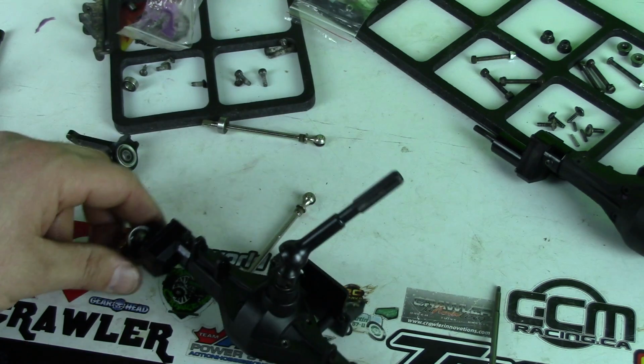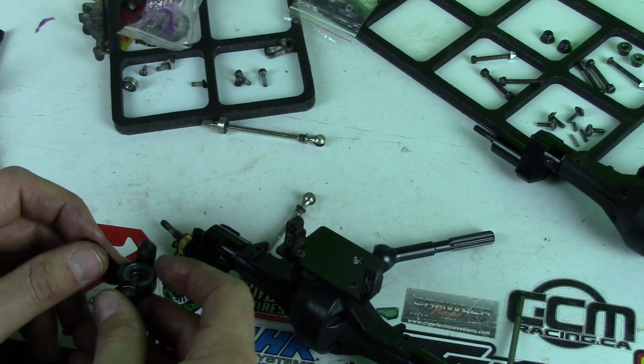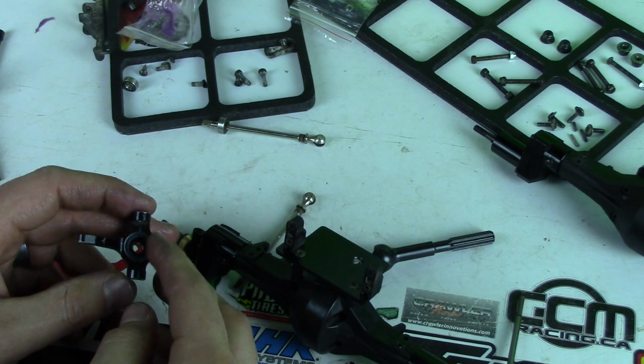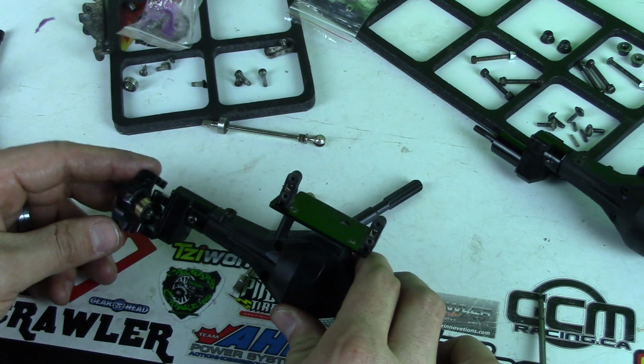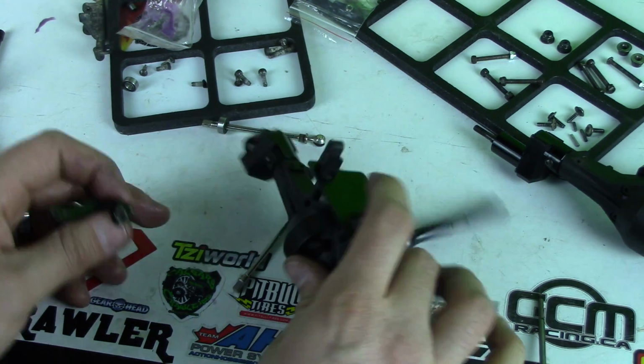With these portals, you do need to use your stock knuckles, whatever you had on your truck before. I had the Team STRC on there, and they still work for me. I've had these things for years. I will be upgrading these shortly to a high steer setup, depending on exactly how they're going to fit with this rig. I want to make sure that I'm going to be able to clear this pumpkin with this